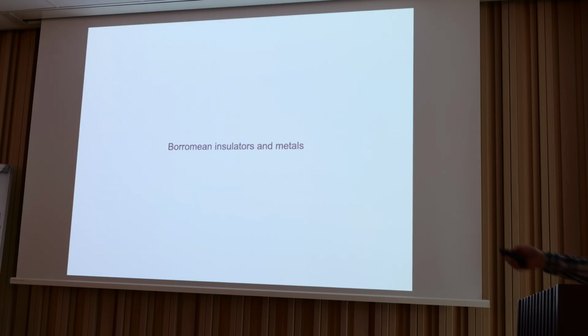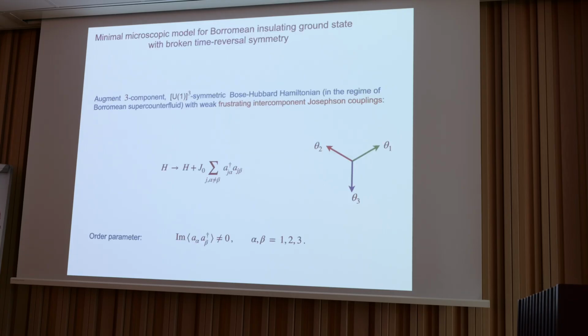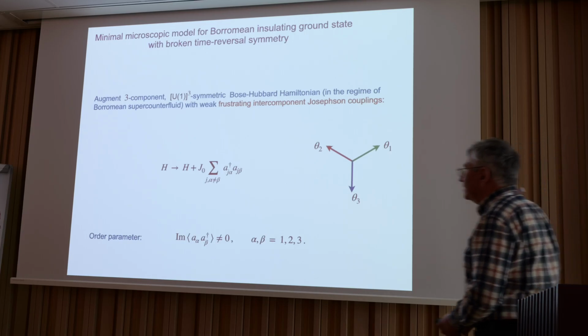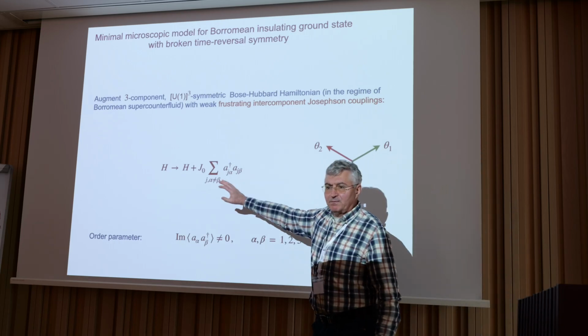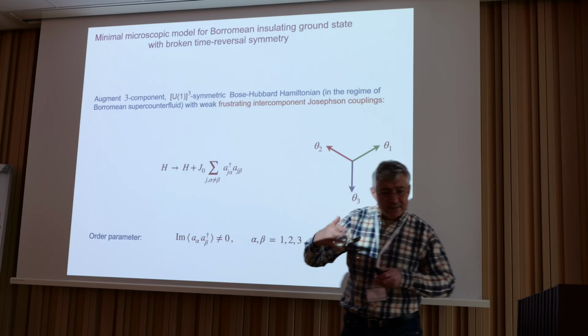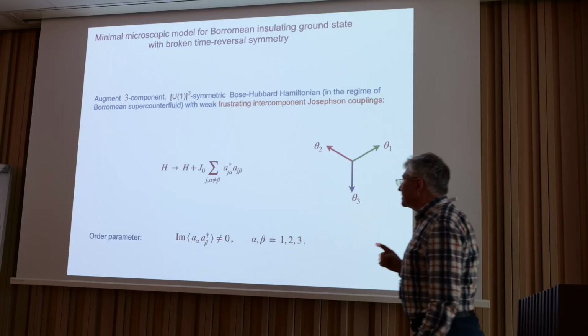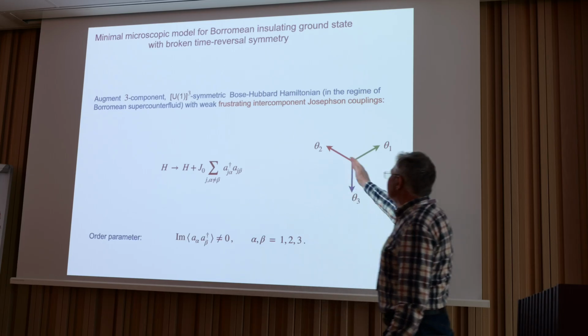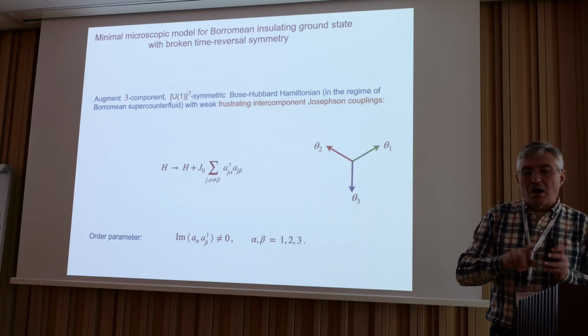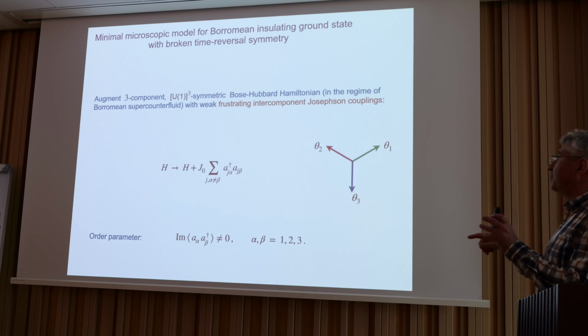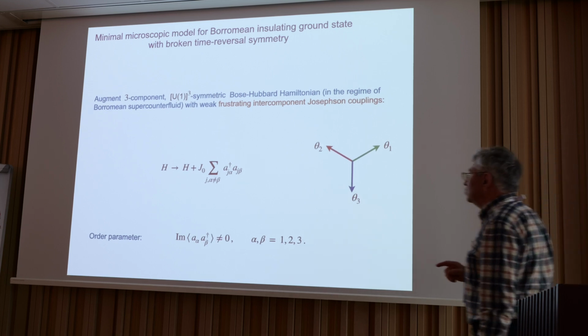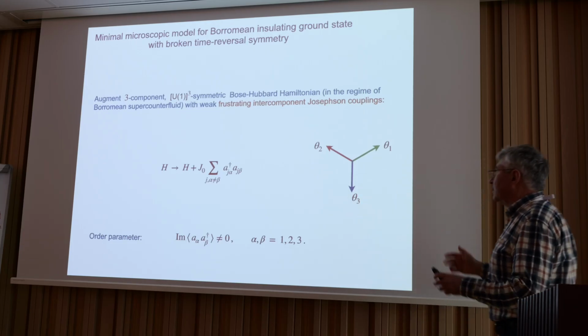So now, the promised bridge towards the discussion of quartic metals. The only thing we need to add: suppose we have a nice Hamiltonian which Yegor and his students simulated on a lattice, and we add a very simple term to this Hamiltonian. Now we have Josephson couplings, a term which mixes components. And the sign of this coupling is such that the phases want to be opposite. The optimal phase difference would be pi if we had only two components, but we have three, and we need to find a compromise.